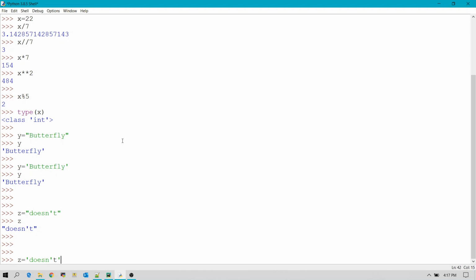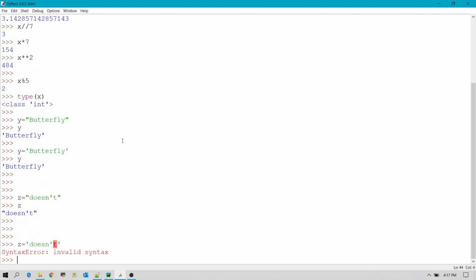And this is not. So let's try and print it out. It's saying invalid syntax. However, the single quote that is inside the string is actually part of the string.